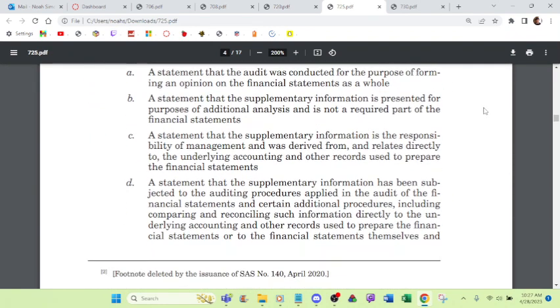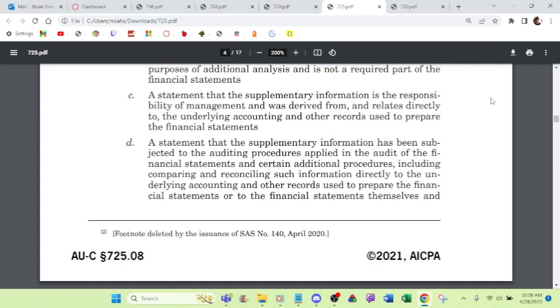a statement that the audit was conducted for the purpose of forming an opinion on the financial statements as a whole; a statement that the supplementary information is presented for purposes of additional analysis and is not a required part of the financial statements; a statement that the supplementary information is the responsibility of management and was derived from and relates directly to the underlying accounting and other records used to prepare the financial statements; a statement that the supplementary information has been subjected to the auditing procedures applied in the audit of the financial statements and certain additional procedures,